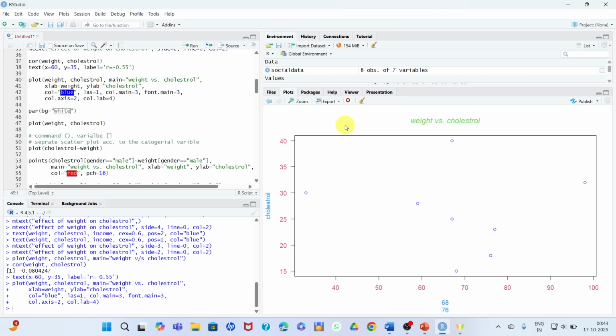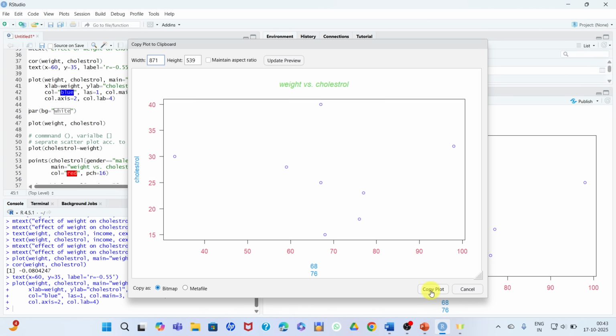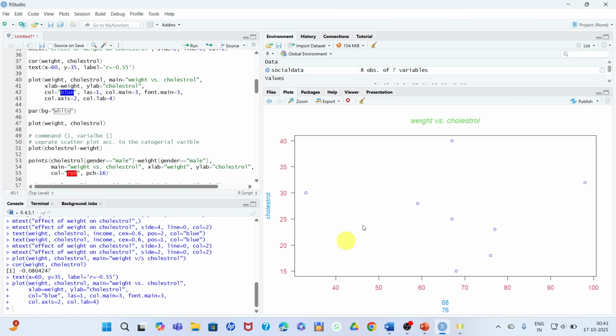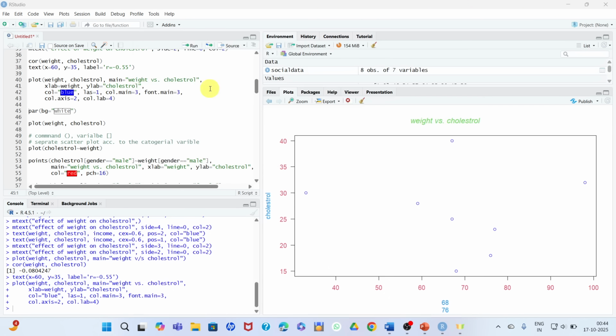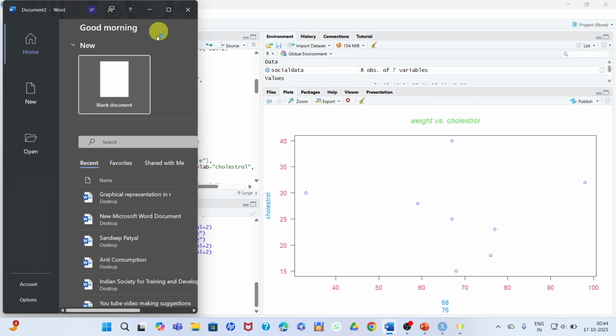If you want to save this plot diagram at any time, go to export and copy to clipboard, click copy plot, open your Word file, click here, just wait, and paste here.